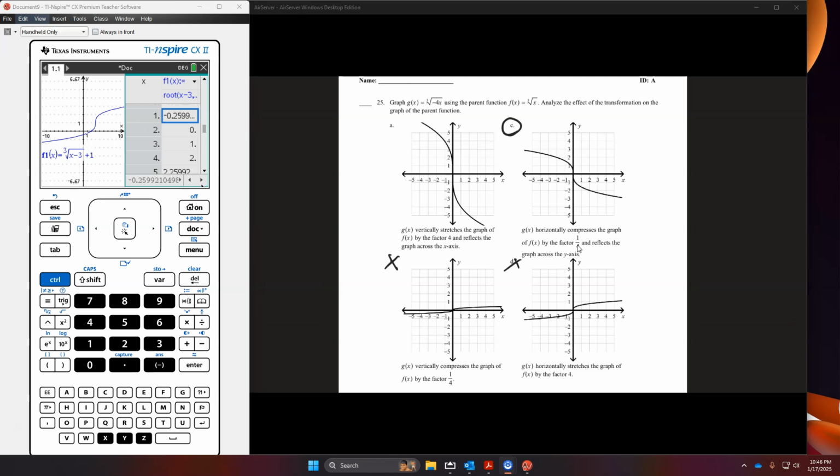This one says it vertically stretches. It doesn't vertically stretch. It's actually a horizontal compression. So your answer is